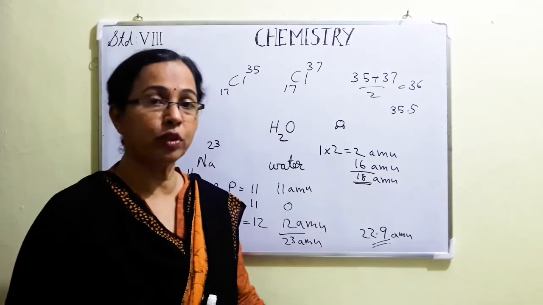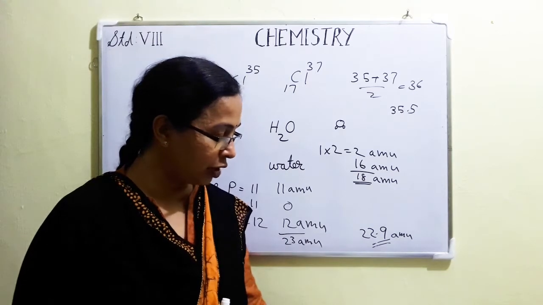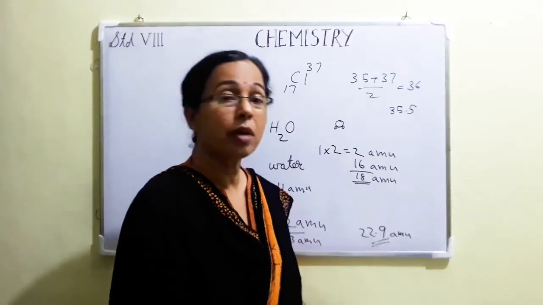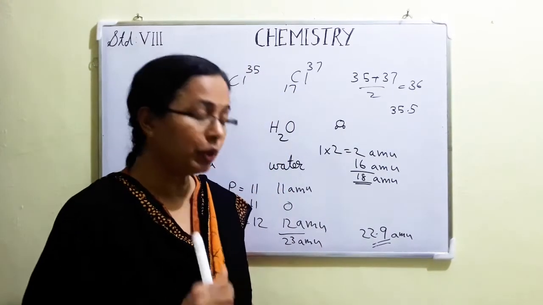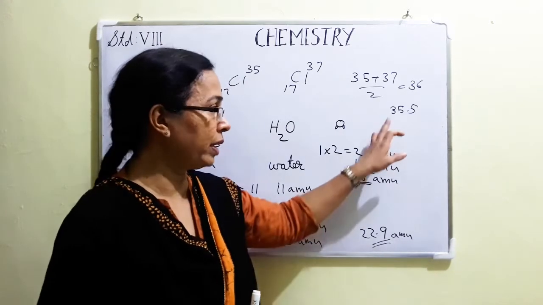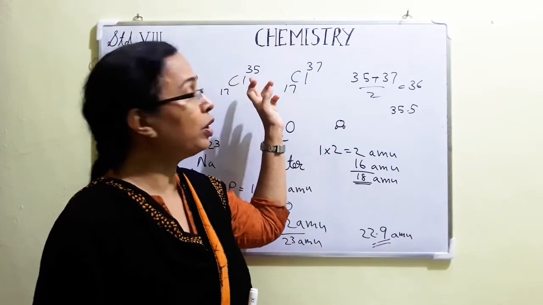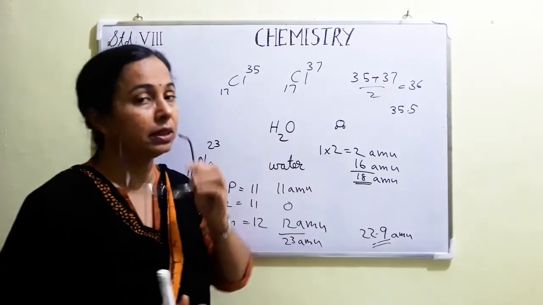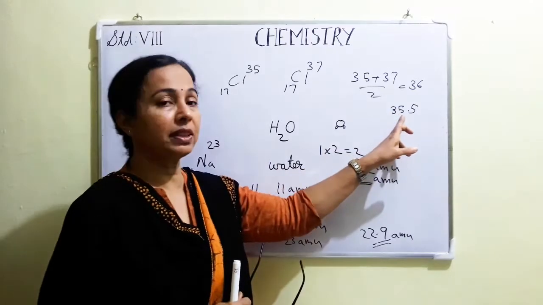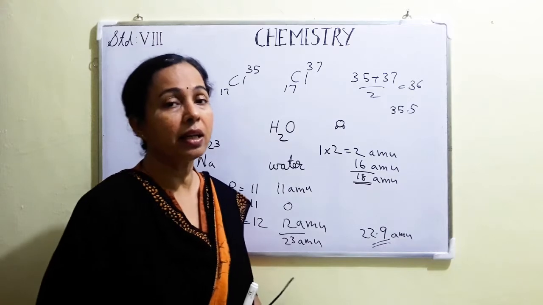So after rounding them off to the nearest value, you compare with the mass numbers given in the last chapter, as I told, in page number 43 and 44 of your textbook. Mass numbers of the elements up to 20 are given. So when you compare, you can see both are equal except chlorine. Chlorine's atomic mass and mass number are different. Mass number is given as 35, because this isotope is present more on Earth's surface. Therefore, 35 is written as the mass number, but atomic mass is given as 35.5. For all others, mass number and atomic mass are the same.